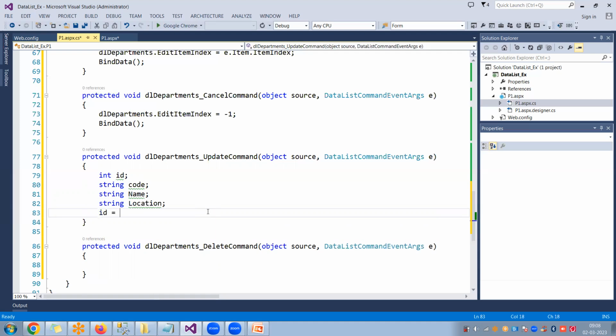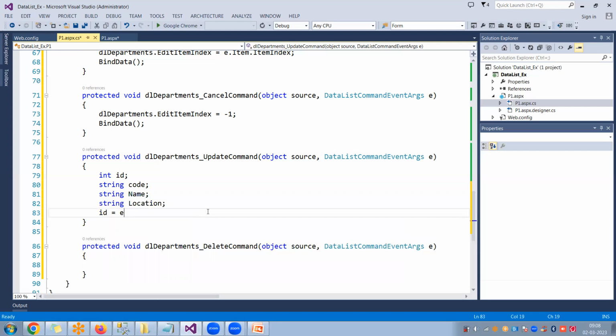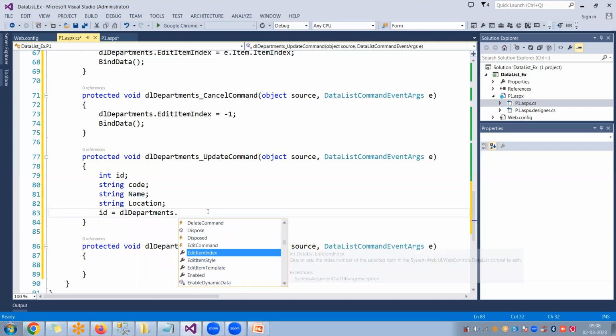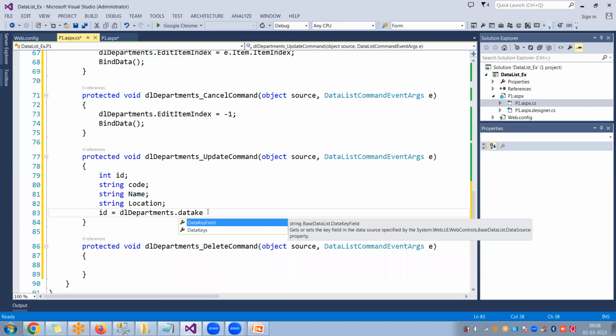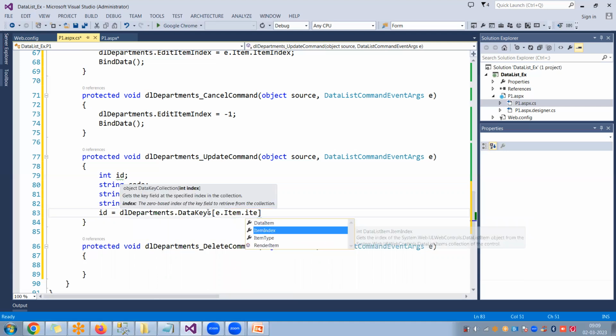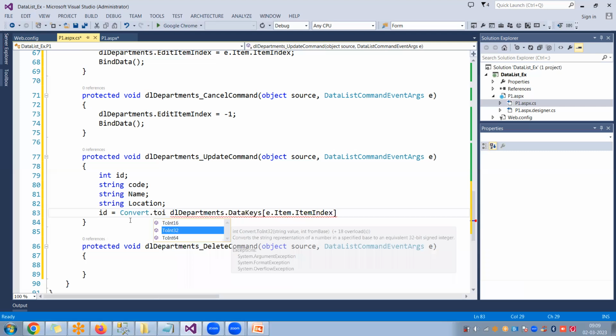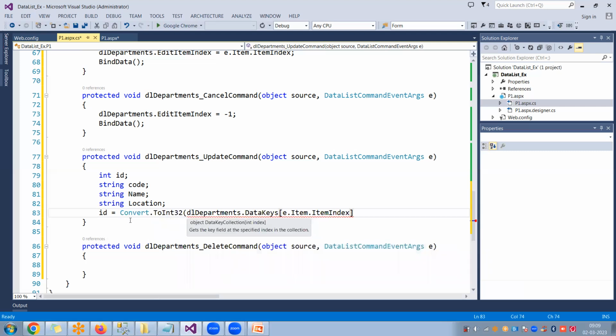In order to get the ID, what we have to do is, oh sorry, not e dot. So your control name, what is your control name? DL departments dot. We can use data keys. So data keys is an option. Based on this data keys, you'll find the item index, e dot item dot item index. That's how you can get this information. Okay, you have to convert this information to integer format, because you have taken an integer variable. Convert dot to int 16 or 32, according to the requirement you can take,